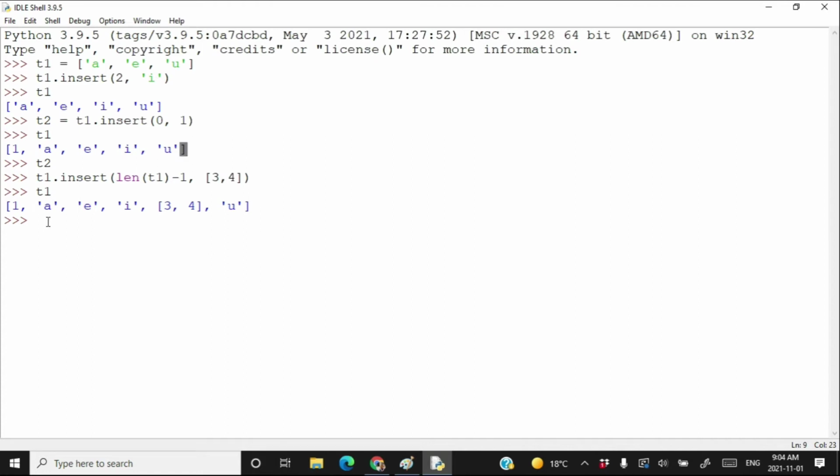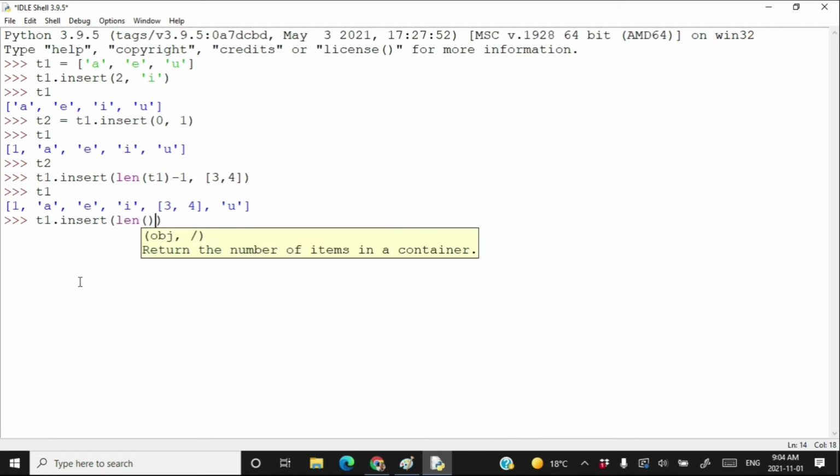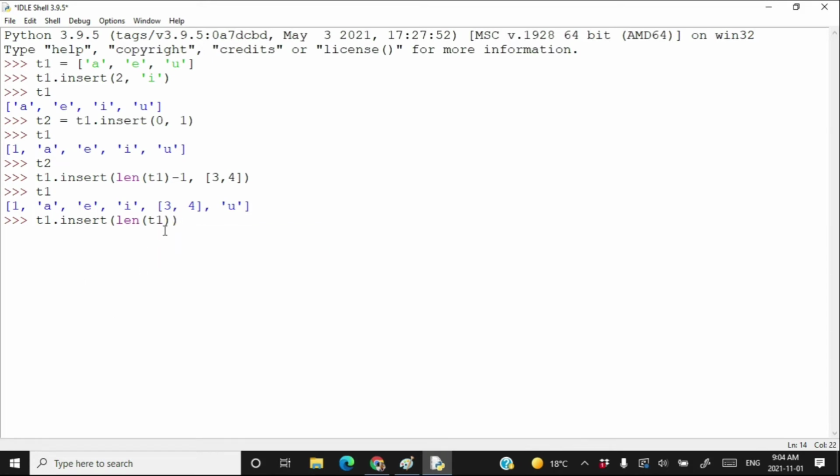Now, let's try to append it. Let's type T1.insert and just write here len T1. Insert at the last index, which means whatever the last index you have, go one after that.